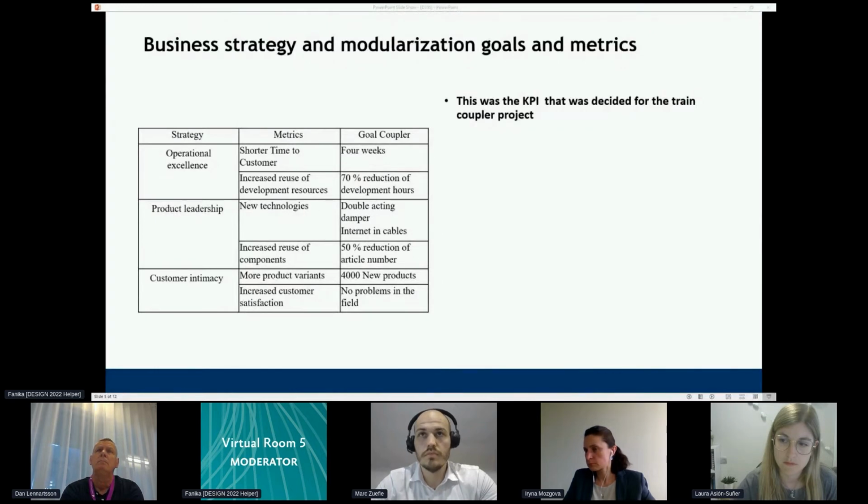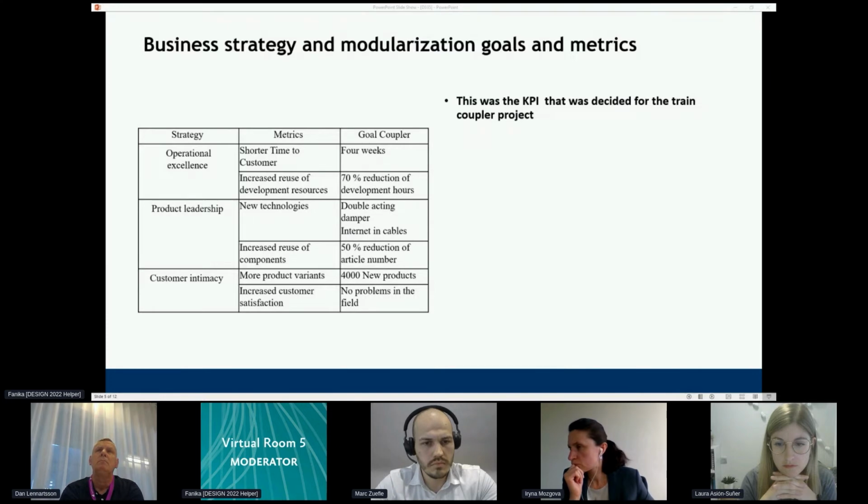Strategy, operational excellence, metrics, shorter time to customer, goal coupler 4 weeks. Strategy, operational excellence, increased reuse of development resources. Goal coupler, 70% reduction of development hours. Strategy, product leadership, new technologies, double acting damper, internet in cables.